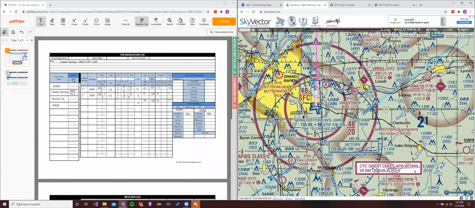ATIS information. So Grand Rapids does have an ATIS. So you can find that frequency after it says ATIS. So 118.725 is going to be that. You can also look it up online and in the chart supplement as well. Grand Rapids does have a ground frequency. This is something you'd have to look up online, but I'm pretty sure it's